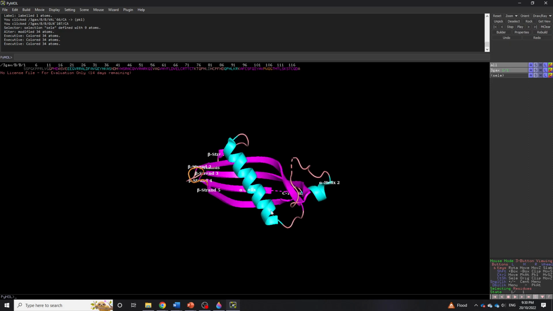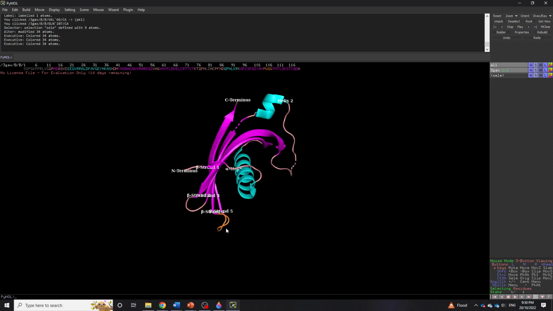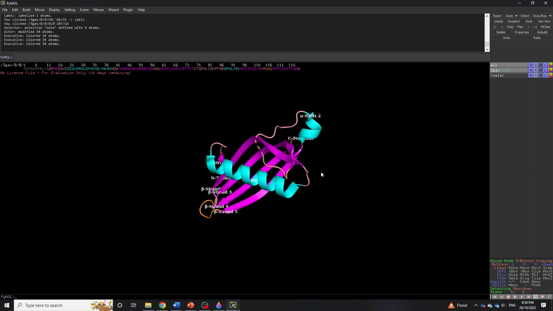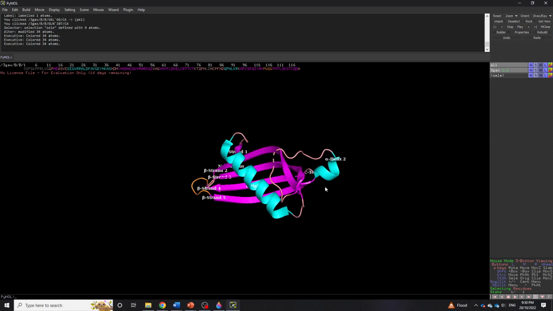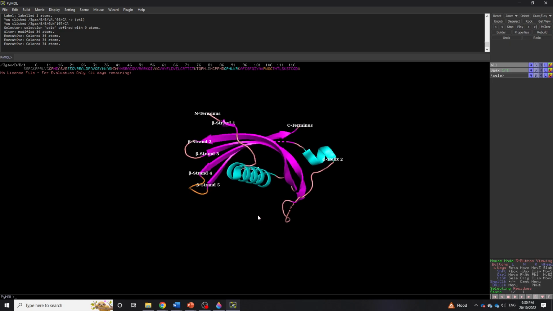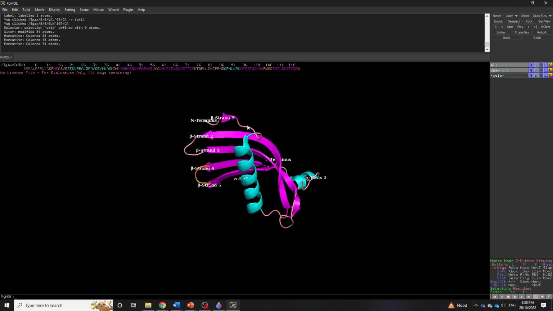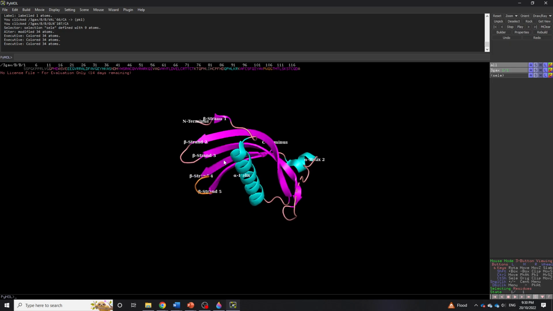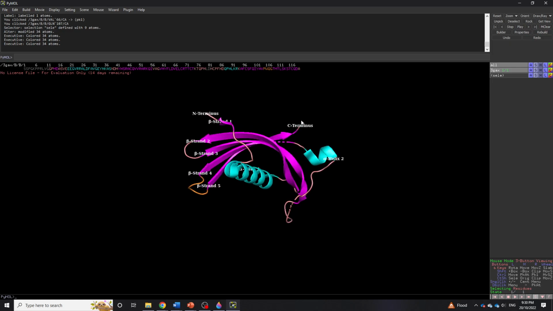This is our alpha helix. Alpha helix 1 has 5 turns, and it occupies the center of our protein next to the faces of the beta sheet. We also have a secondary alpha helix off to the side, and this is much smaller and it is more offset compared to the rest of our protein. What we also observe here are the N-terminus and the C-terminus of the protein, meaning that if we were looking at the primary structure, all 120 residues stretched out, this would be one side and this would be another side